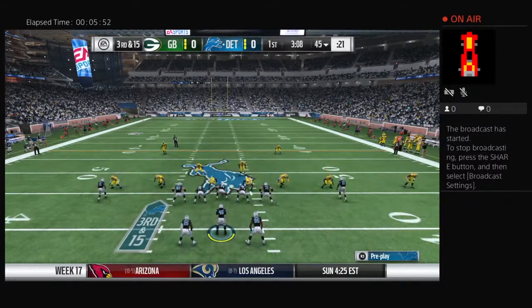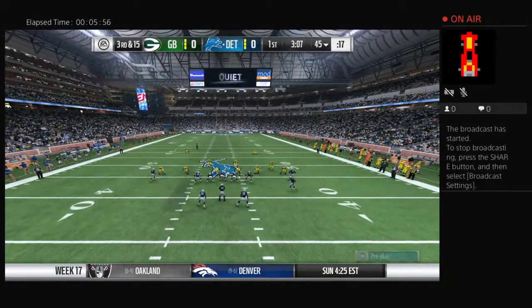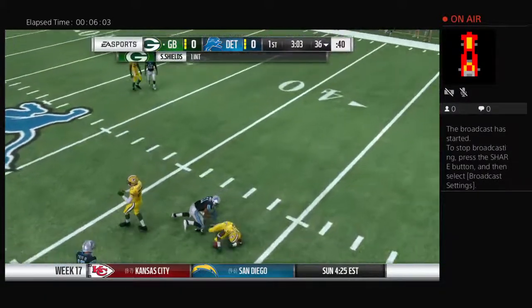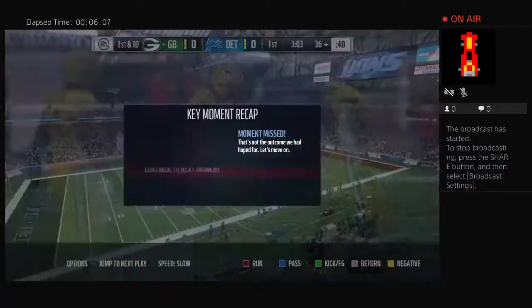It looks like the Packers have added an extra DB on 3rd down. From the shotgun, he'll look to throw. A 50-50 ball here, and it's intercepted. Picked off by Sam Shields. And they take possession of the...